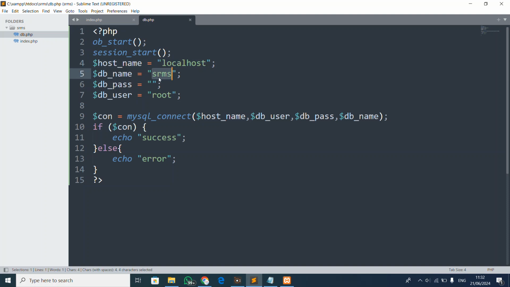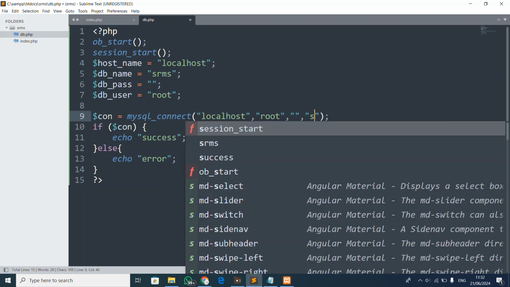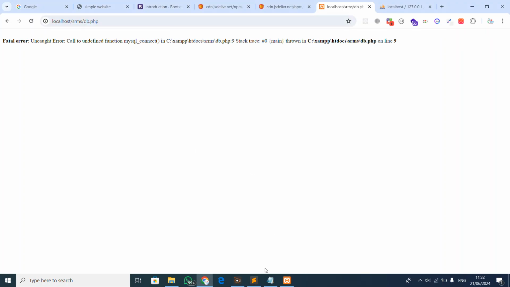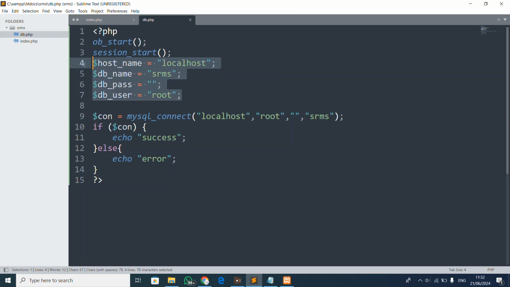This is localhost, this is the DB user. So our user is the root. So let's just make something simple. Root, and this, and then here we have SRMS. So whereby we know that if we comment this off,